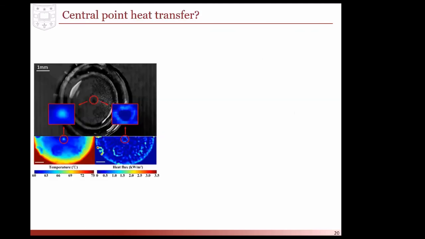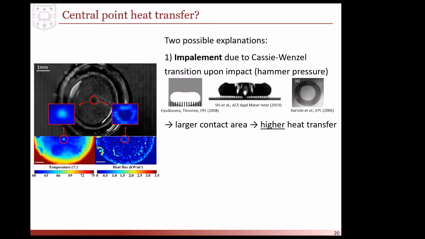Another aspect that we noticed, where we definitely still need to spend some time, is the very central region of the droplet, where we saw an elevated temperature and a minimum in the heat transfer rate. And there are basically two options of where that might come from. One explanation is that we have impalement in the center due to a Cassie-Wenzel transition, basically due to the hammer pressure in the impact zone, where we breach the superhydrophobic state and we form a local